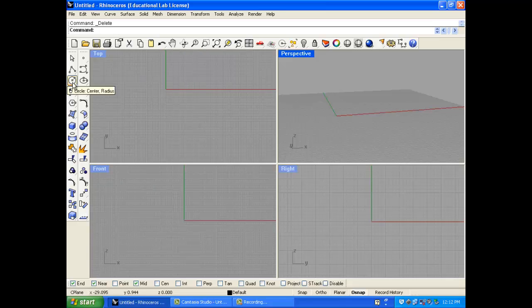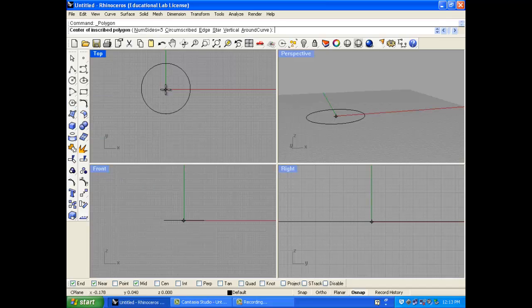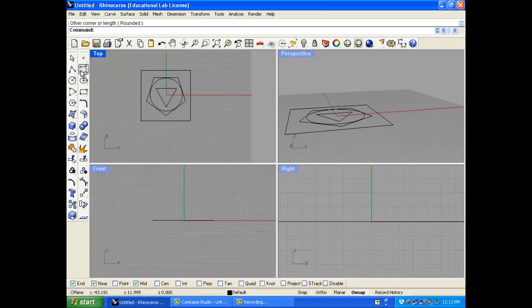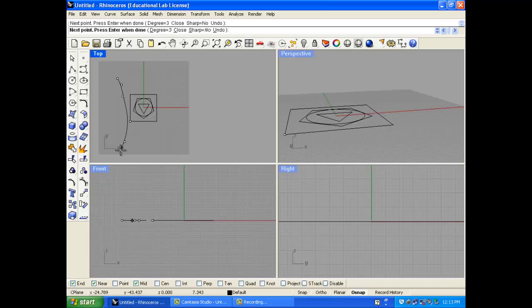So we talked about curves last time, and y'all got a little preview into what Loft does. So let's make some complex surfaces just for fun. Let's go to a 3-sided now. And how should we finish this off? Any suggestions? Anybody? Any shapes? All right, fine. A square, and then just for fun and slightly egotistical,